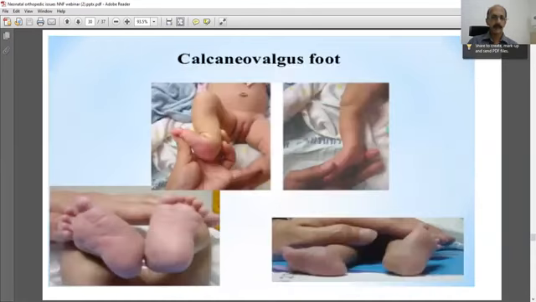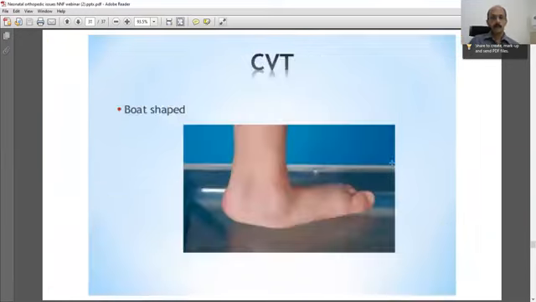One of them would be calcaneovalgus foot. In calcaneovalgus, there will be a valgus deformity. On external appearance, we can miss that. We know that it's not a CTEV, but we also know that it's not looking like a flat foot. So here, in calcaneovalgus, nothing needs to be done actually, but we have to identify it so that we know exactly how it's going to recover. But a bigger problem would be